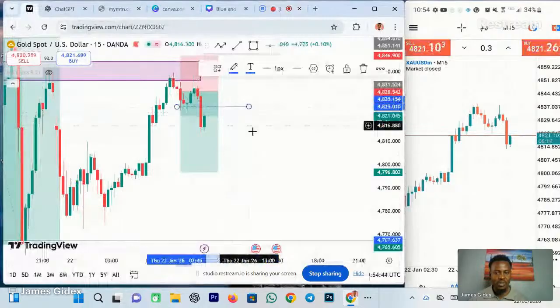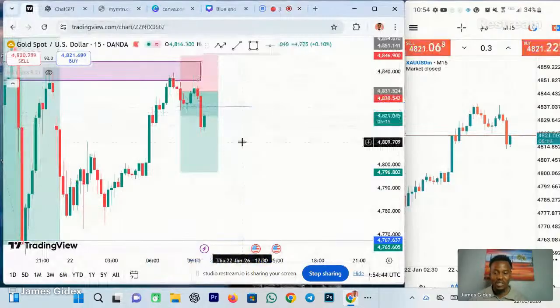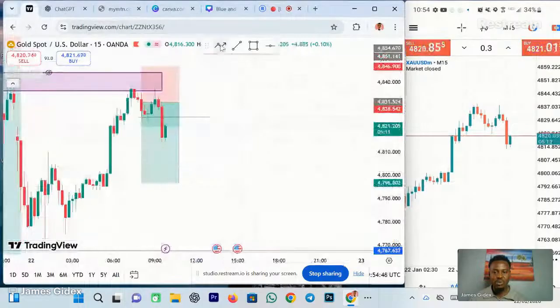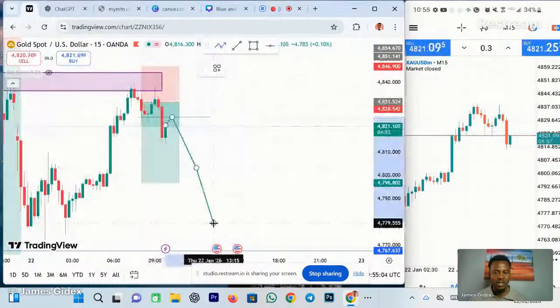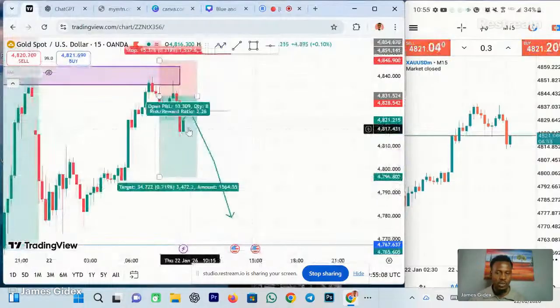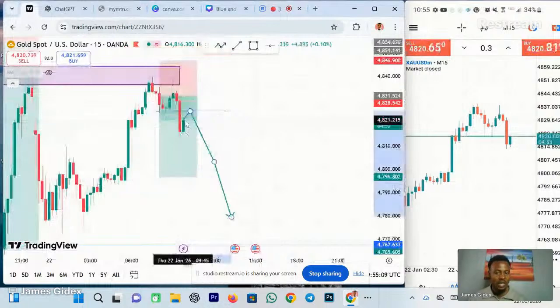If it retests that level, we are expecting it to retest here, then push back down to this level right here. Let me make it clear for you. It will get back down to retest this level, retesting a particular level and keep pushing in that same direction.